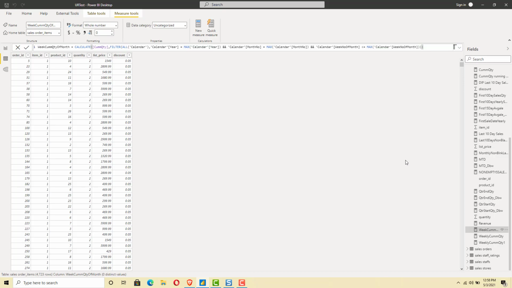So we will calculate this sum of sales by applying a filter table. In this case, the filter table should only correspond to the table which consists of all the days from the start of the month till the current week end. So even if we are in the middle of the week, we should consider the complete week for our calculation.